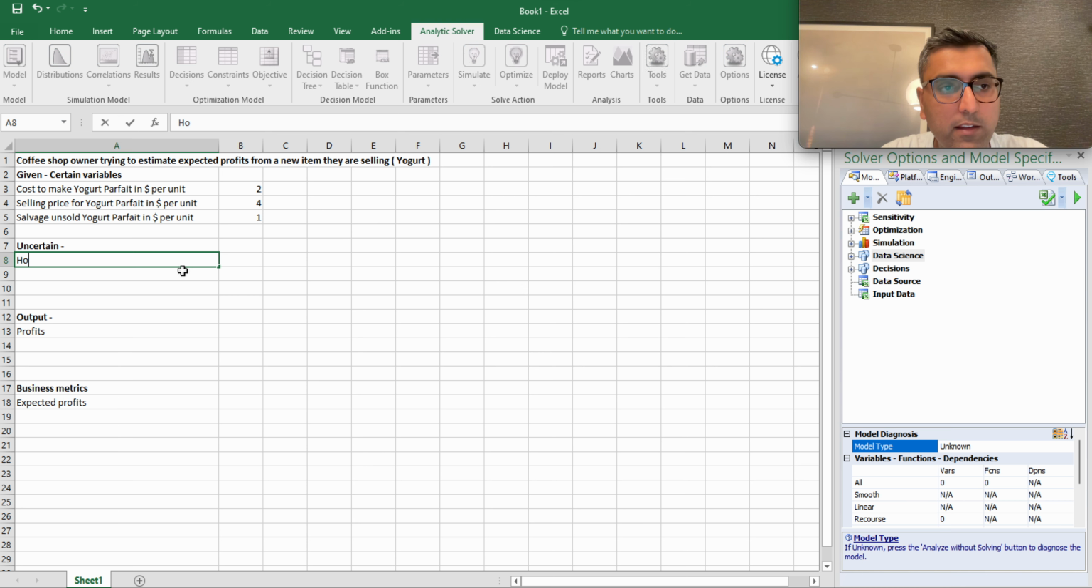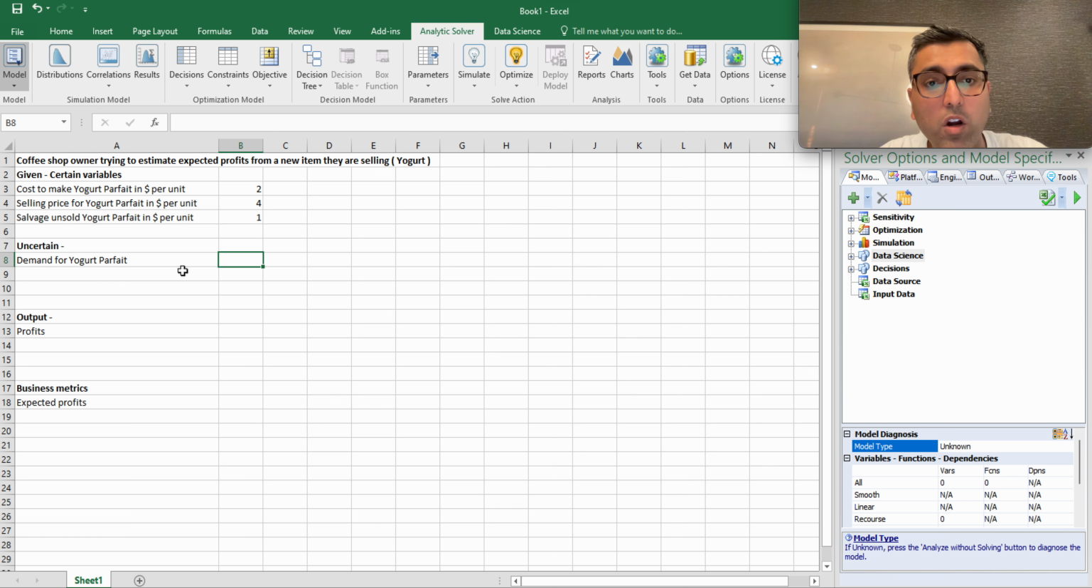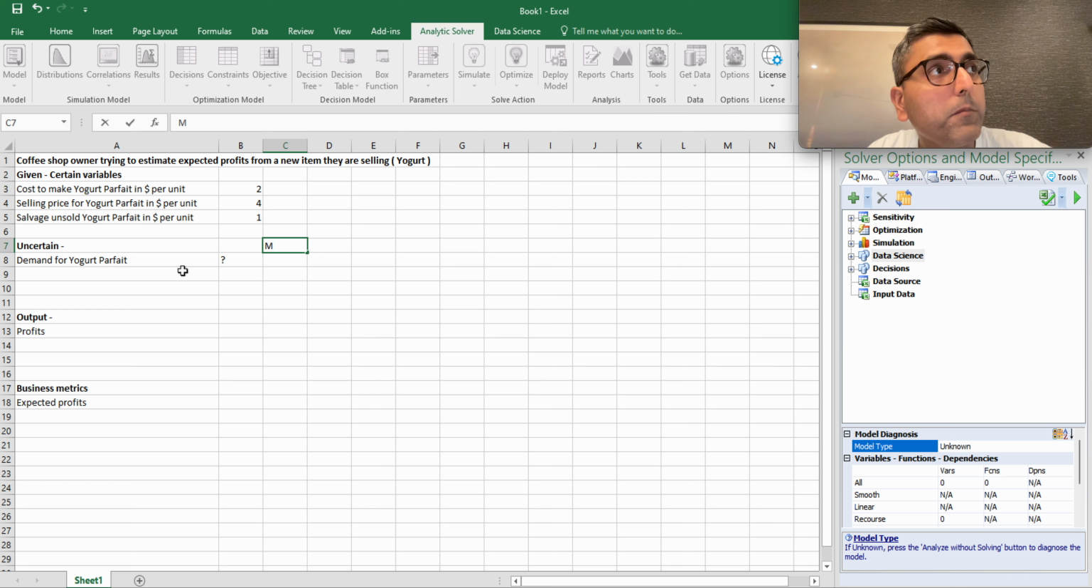Let's say how many customers or demand for your yogurt parfait. You don't know how many people will come up, but you know through experiments, let's say as an owner, and this will all be given to you. As an owner, you could have some past experience that says, hey, I can expect the demand to follow a normal distribution. When you know the mean of that demand, let's assume that to be 200 people or 220, and